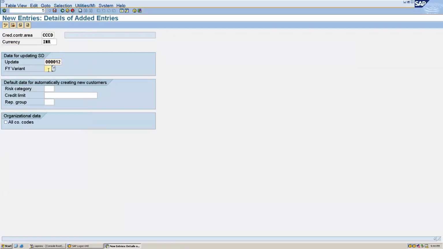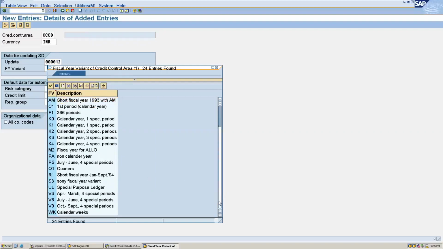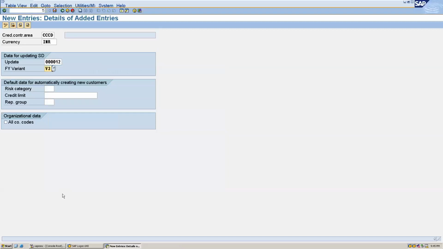and the fiscal year variant we will maintain in next sessions. Okay, here I am giving one standard one. For example, I will give V3, that is the fiscal year which you have maintained with 12 months. Okay, fiscal year, and 4 special periods will be there, that will be created later. Okay, we'll select V3,